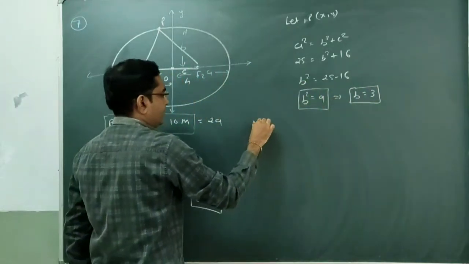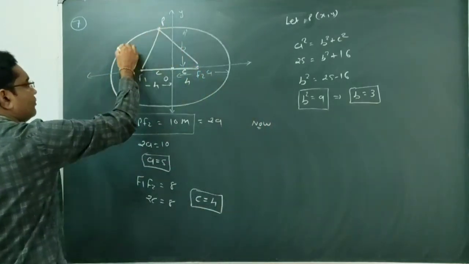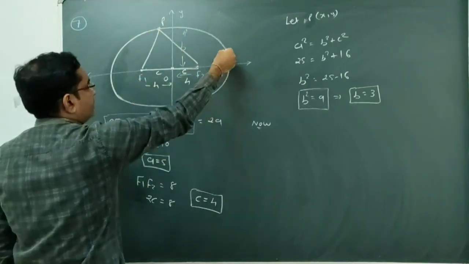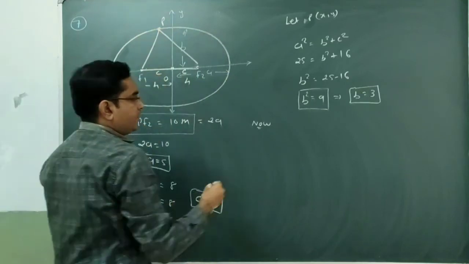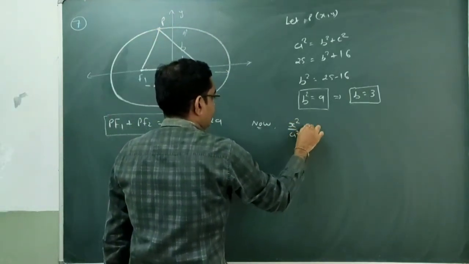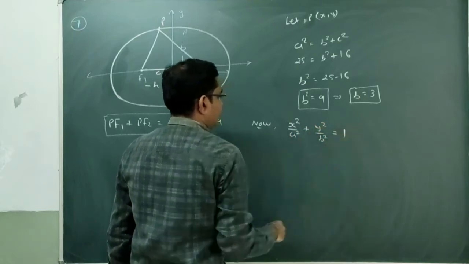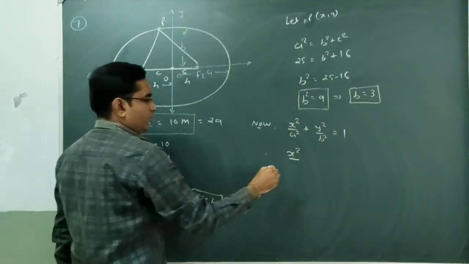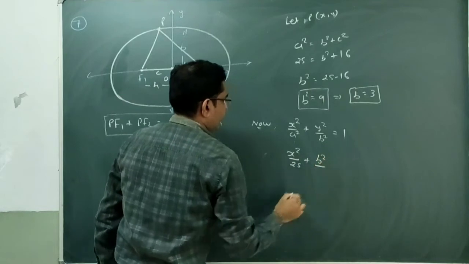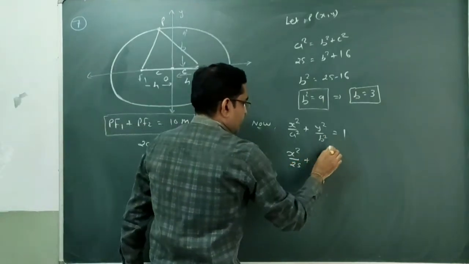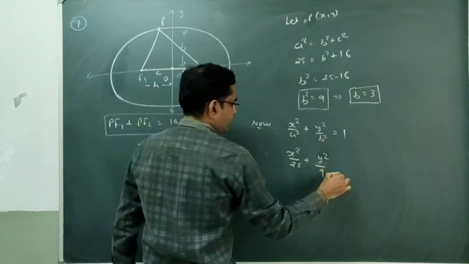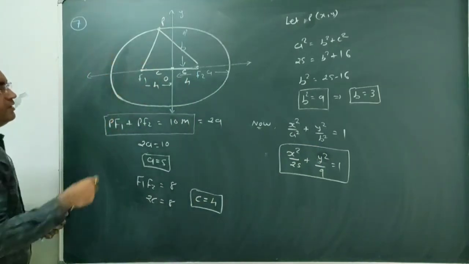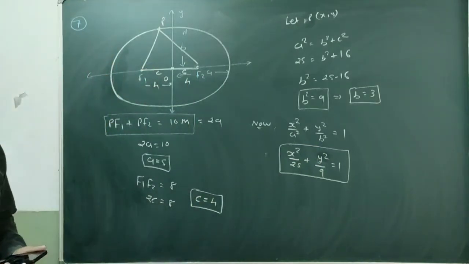So now we can write our answer. The person is moving on the race course such that the distance from the two flag posts is constant, so the path we get will be an elliptical path. So the equation of this elliptical path is x square by a square plus y square by b square equal to 1. So x square by 25 plus y square by 9 equal to 1. This is the equation of the path traced by that person. Clear? So this is the solution of question number 7, students.